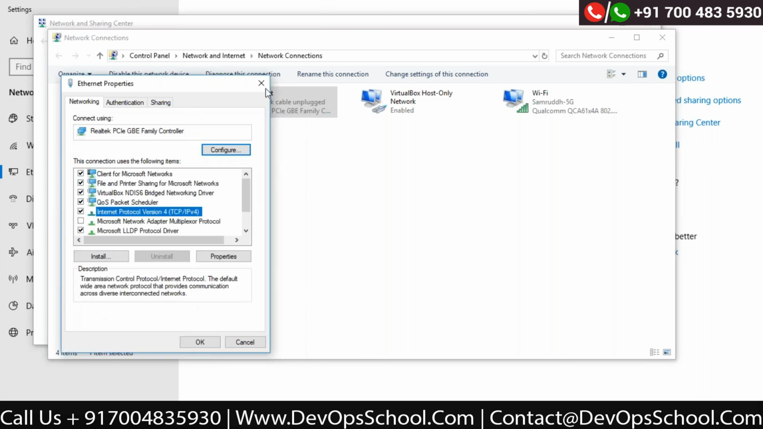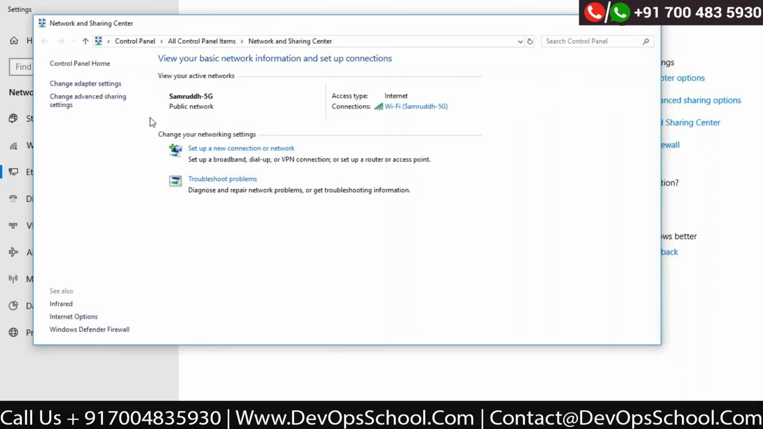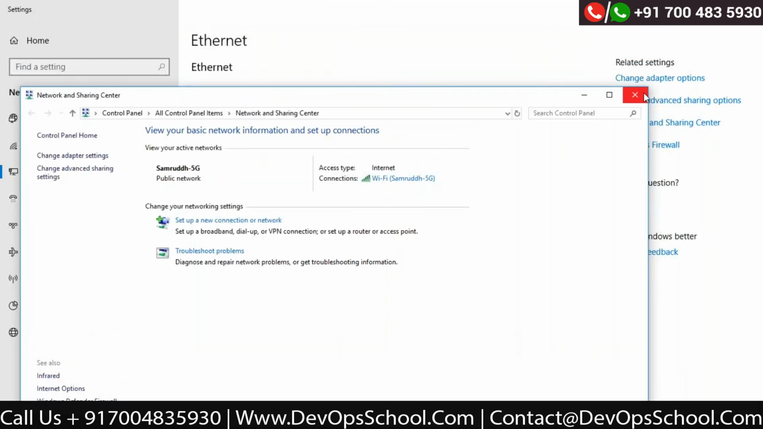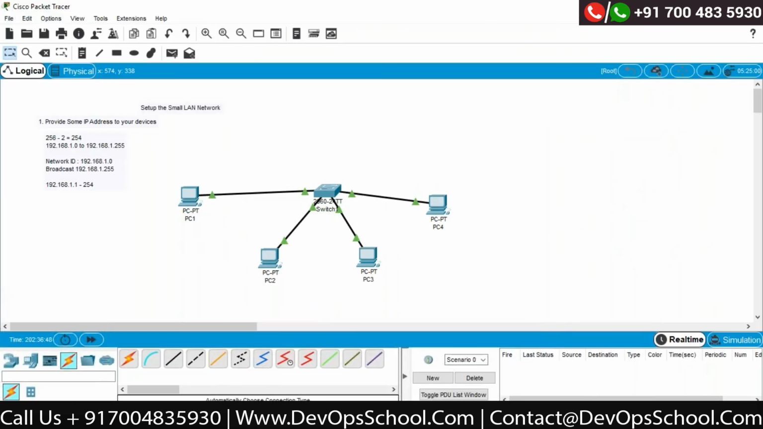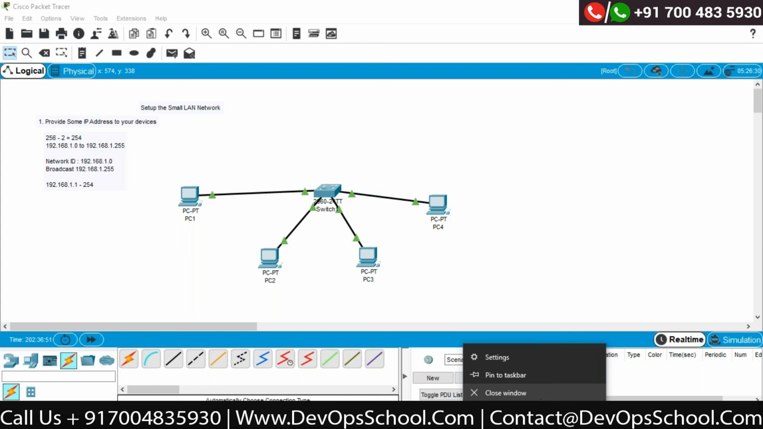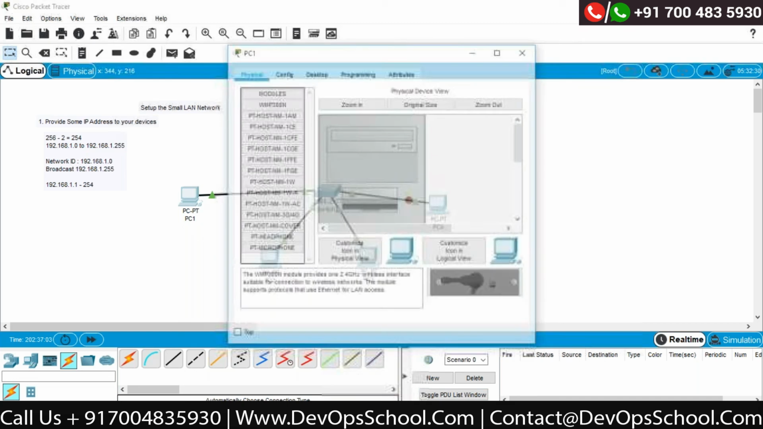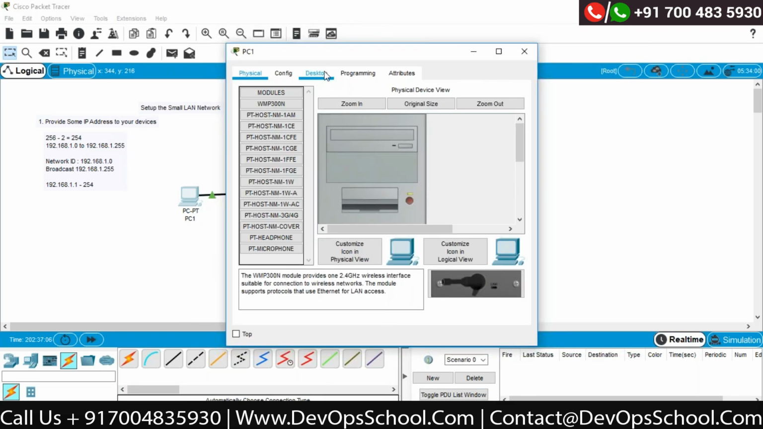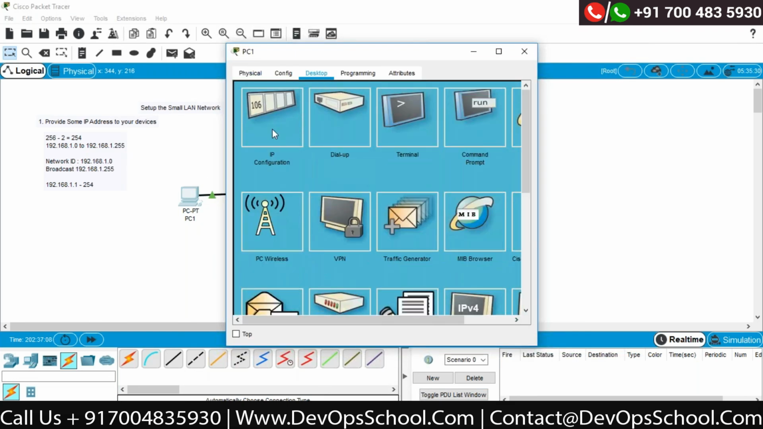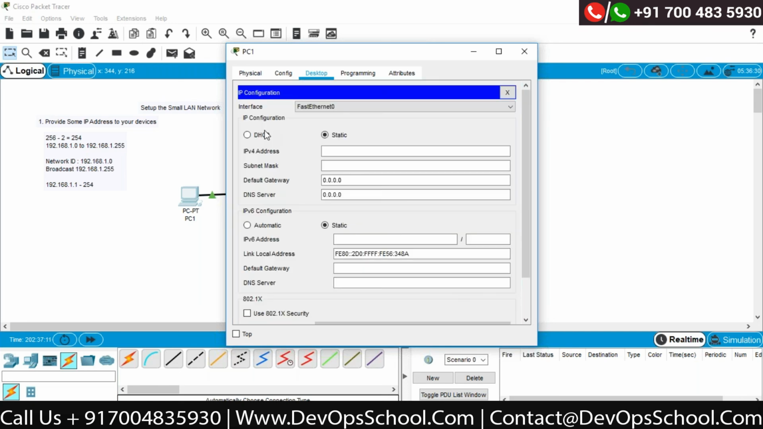Correct? However, in the simulator, providing the IP address to the computer is completely different. But in real life you have to follow the same procedure which I told you, correct? In the simulator it's a little bit different. You just need to click on this, go to the option called Desktop. Here I will get the option called IP Configuration, correct? Here I am going to put the IP address